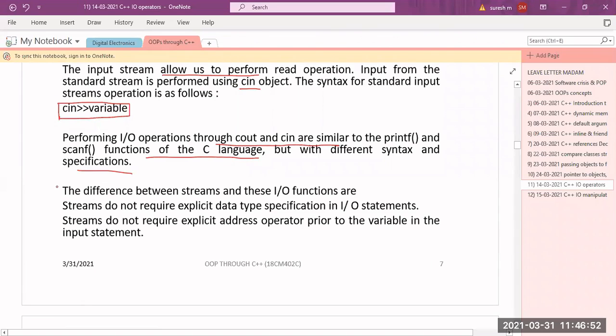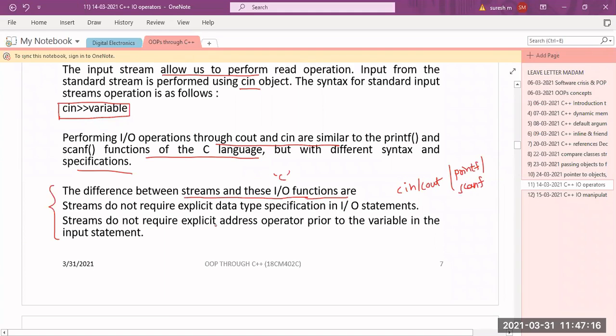This you can expect as a 1 mark question. What is the difference between streams and these IO functions, which are nothing but C functions? So what is the main difference? Anyone tell? Guess. What is the main difference between cin, cout and printf, scanf? Is it the syntax, or the general difference?